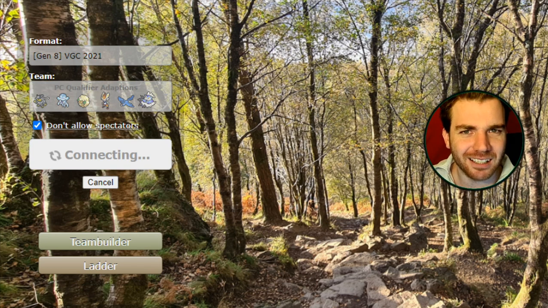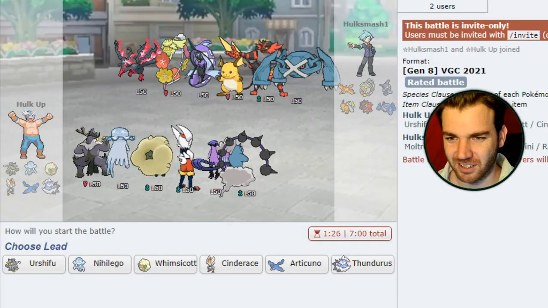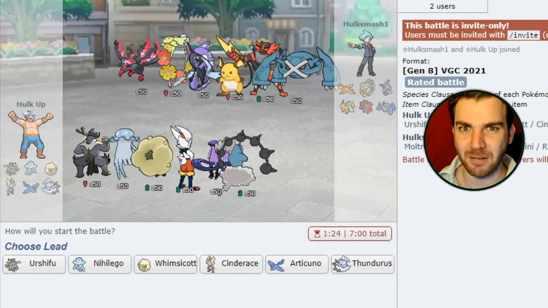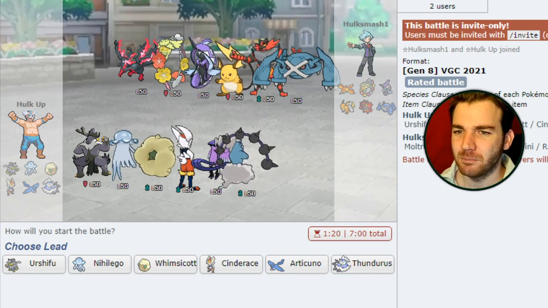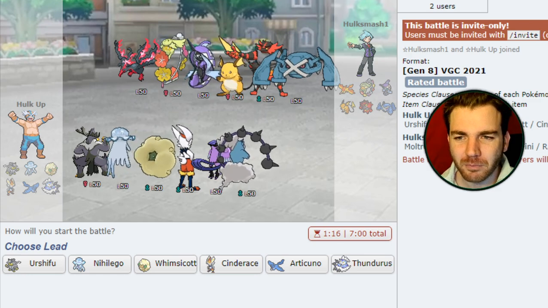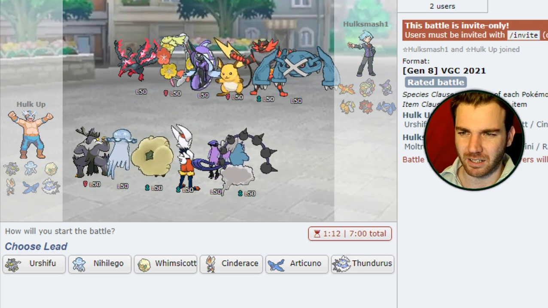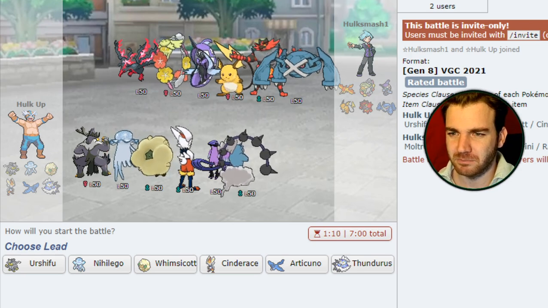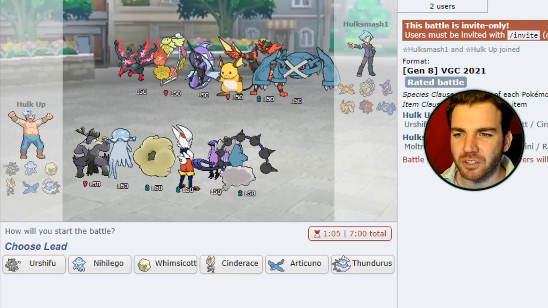We all know Cresselia is the queen of VGC. Although I suppose Kangaskhan has got a claim to that as well. But king of VGC, Thundurus, always male. Maybe. Okay, this looks like a team that Aaron used on his Showdown video, actually, isn't it? I think. And it's pretty much what I've been using too, with the weakness policy